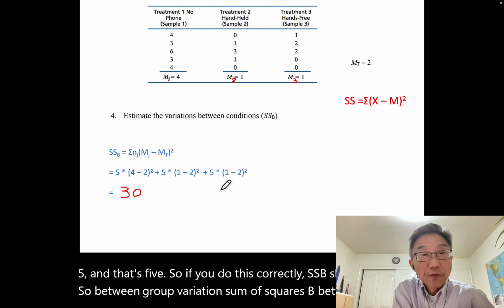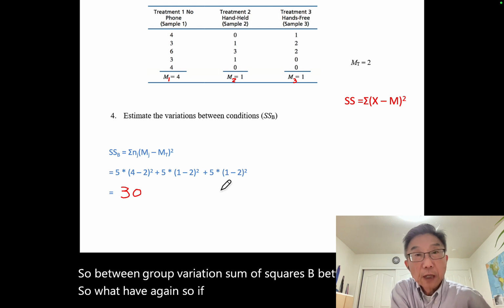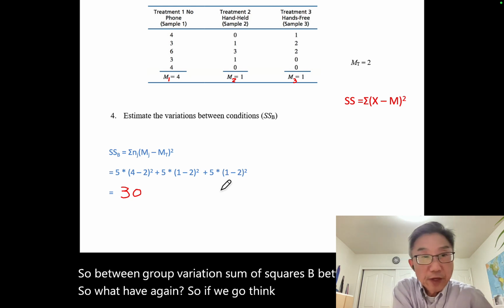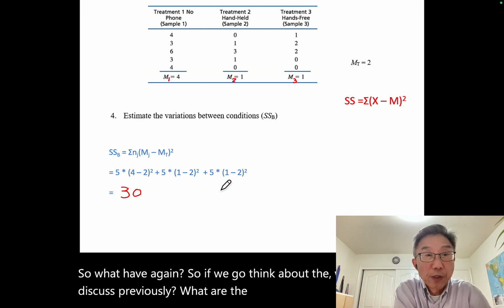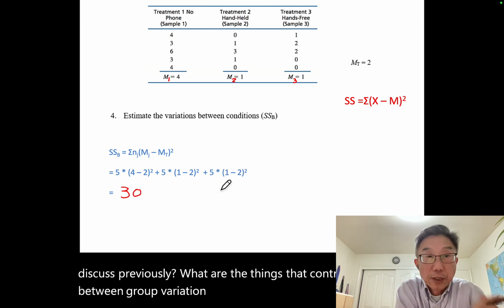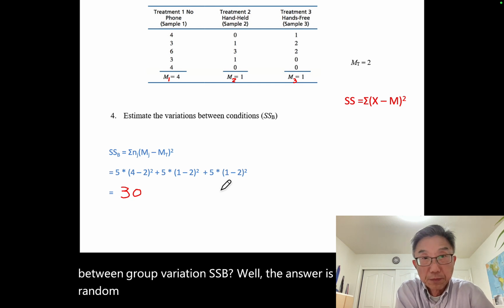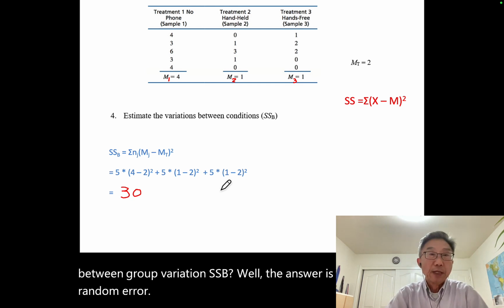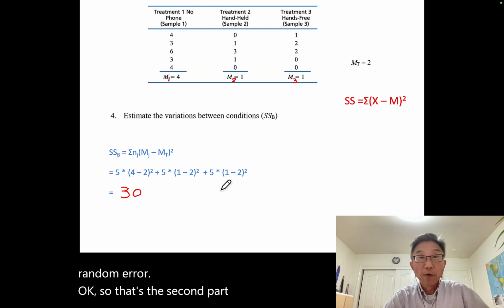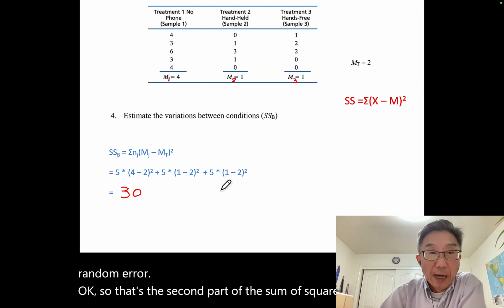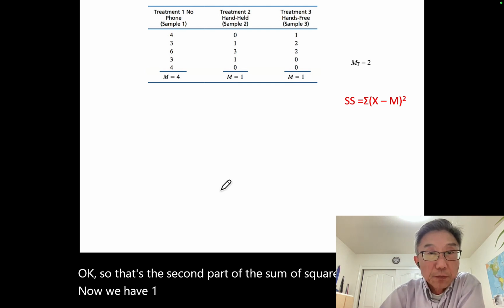So if we think about what we discussed previously, what are the things that contributed to this between group variation, SSB? Well, the answer is treatment plus random error. So that's the second part of the sum of squares. Now we have one more left, which is